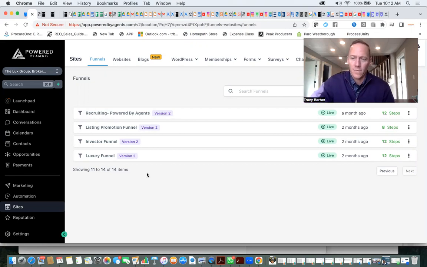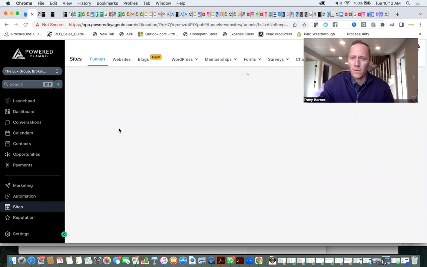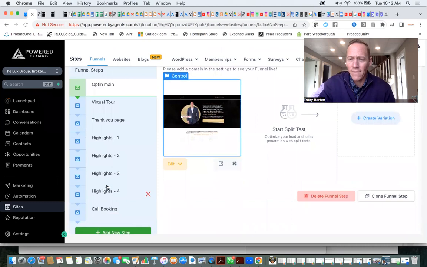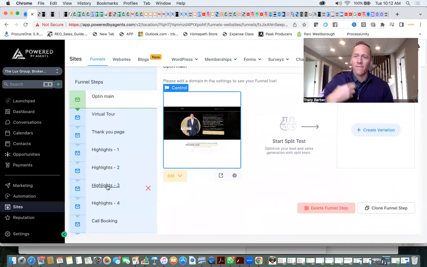What if you had a funnel where you have the virtual tour video landed on a website page and people had to opt in to see that virtual tour of that property? Once they're opted in, then under the listing promotion funnel, you could have a series of 4 to 5 highlight videos that get fed automatically to that consumer that opted in to see that virtual tour over the next 1